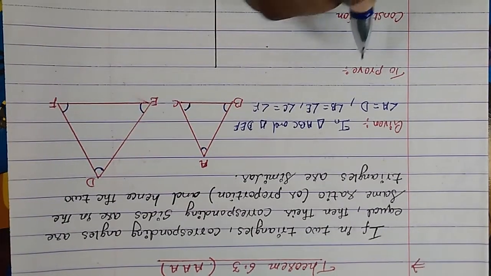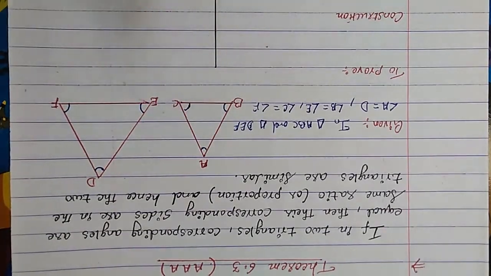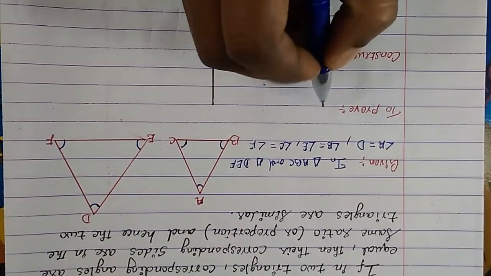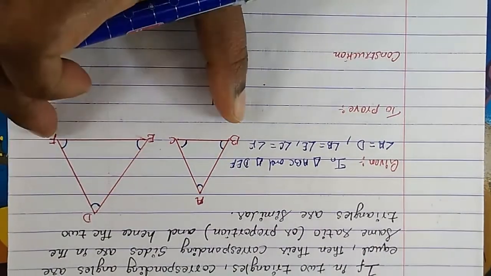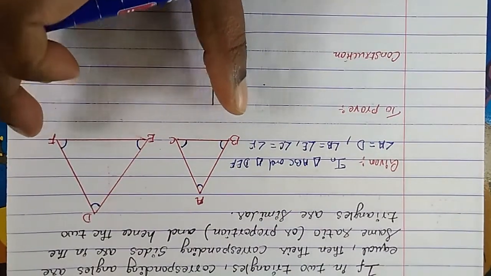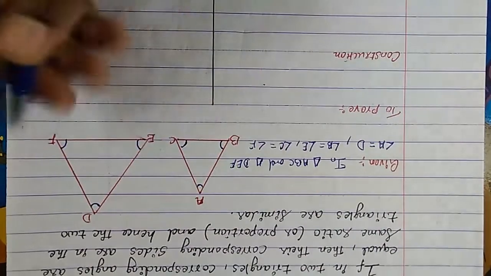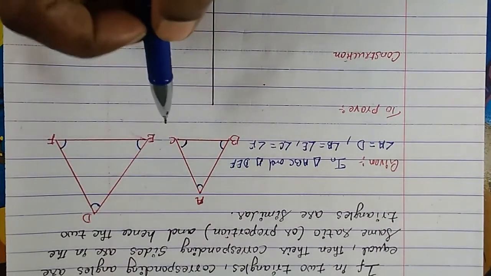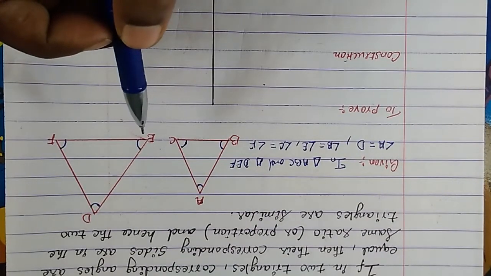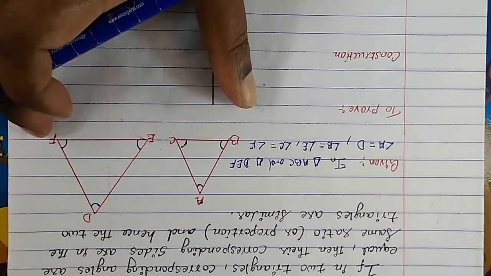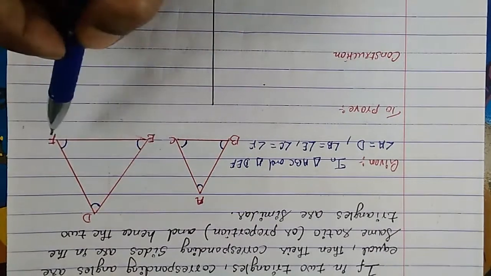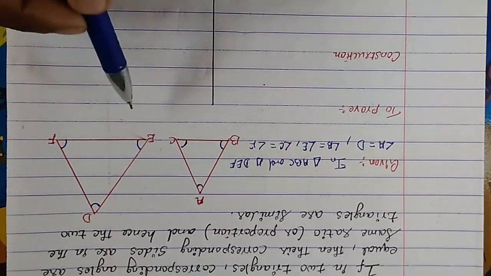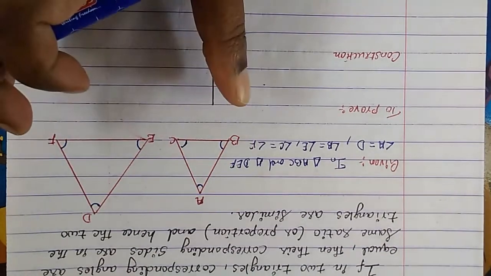What we have to prove? We have to prove their corresponding sides are also in the same ratio. So we have to prove that they are similar. If they are similar, only then their corresponding ratios are same. You have studied that in the introduction. I have told you the criteria for similarity means angles should be equal and the ratios of all the sides should be equal. Then we say they are similar.